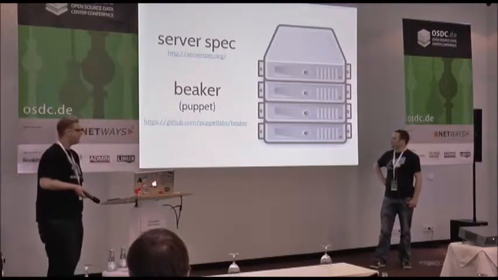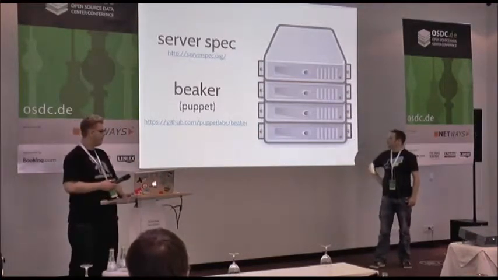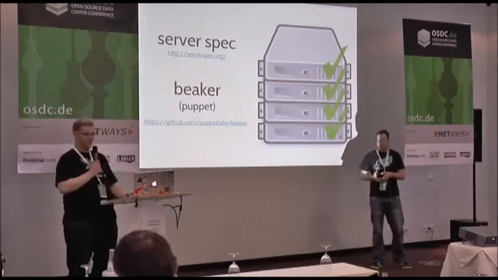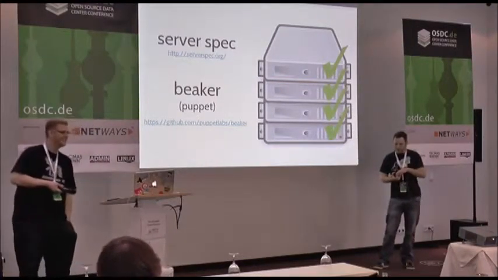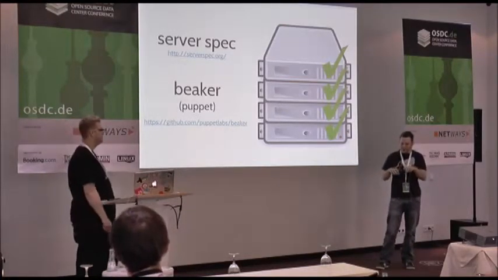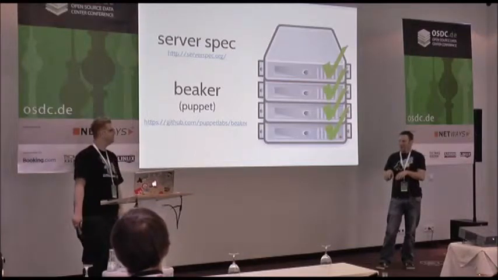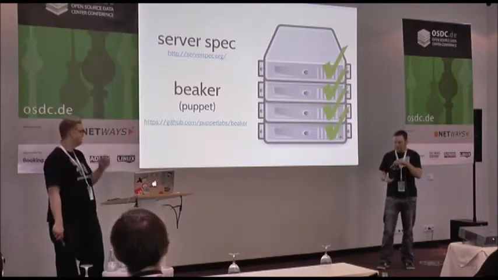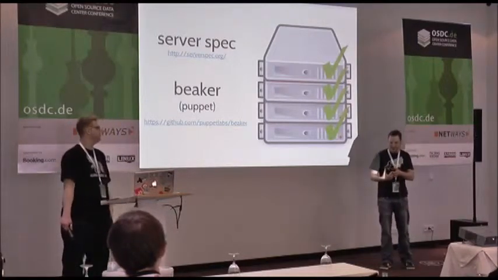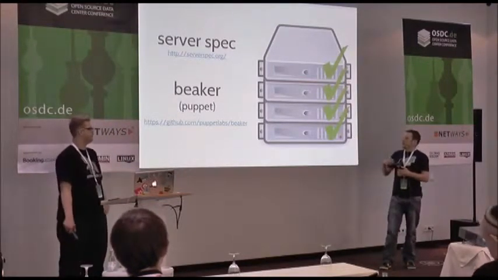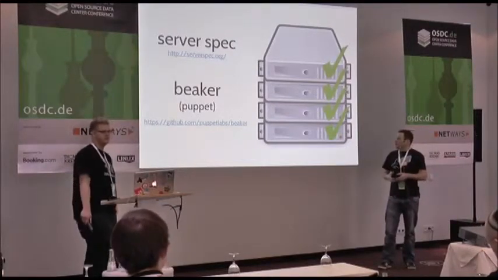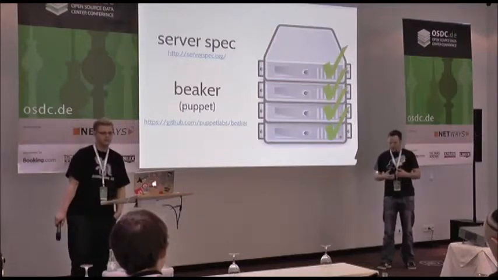So next one, like you just mentioned, there are also other tools to test your manifest, because what we did now with this RSpec stuff is we just test that it might apply, but actually we don't. It just compiles the Puppet catalog, but it doesn't test if it really works. And with tools like server spec, it really spins up a Vagrant box and actually applies your